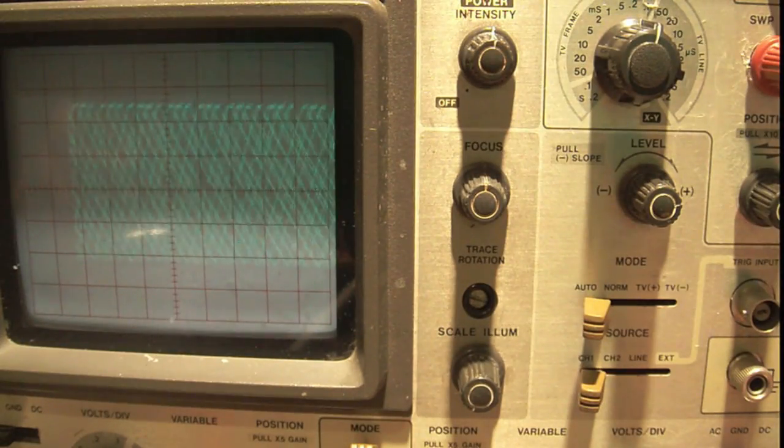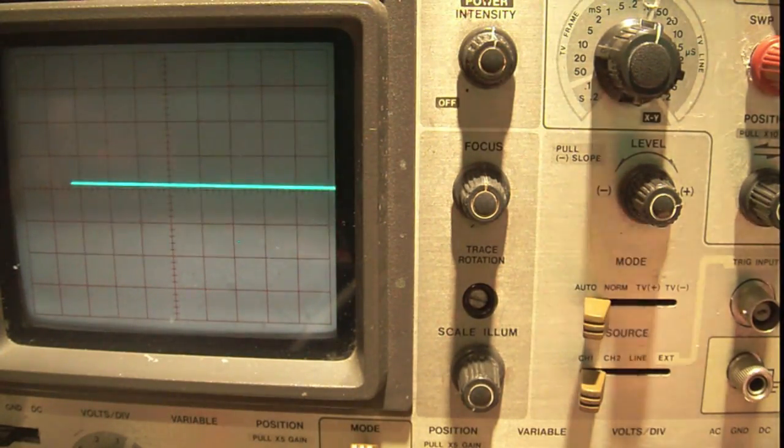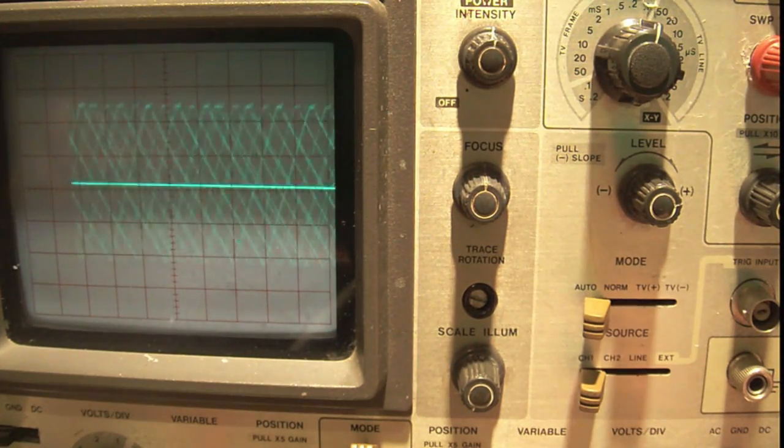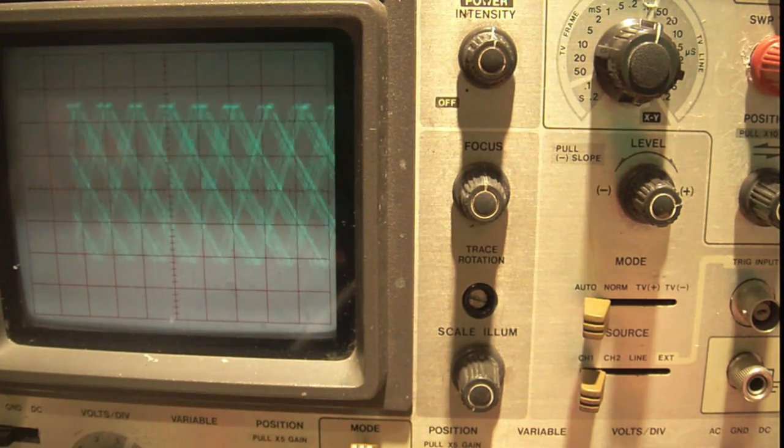and put this onto a triangle wave. Pardon if something like that happens, because I have to actually hold the probe onto the signal, because it's a banana jack, so I don't have any BNC to banana connectors. So if I let go of the probe for a second or it slips out of my hand, just bear